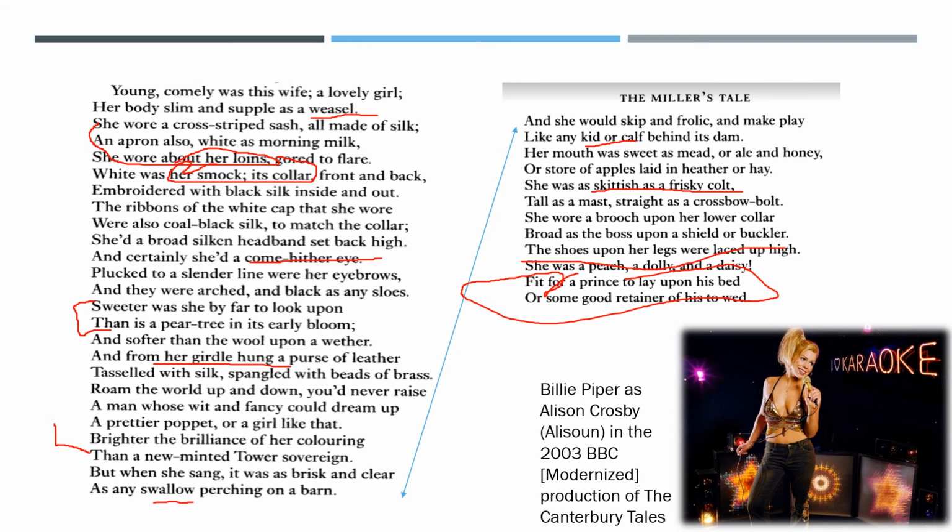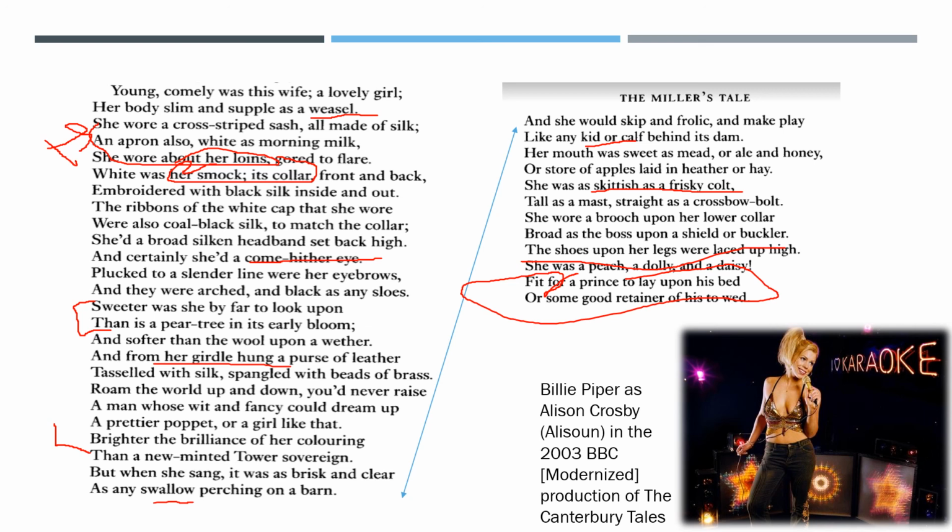Okay, so as I mentioned, the typical romantic blazon begins with the eyes and works its way down. But here it doesn't, that's not what happens, right? Chaucer points the camera specifically right at her loins and then moves up to the smock she's wearing and its collar, right? He is pointing the camera at all her feminine wiles. And basically what he's letting us know is from the beginning, this is not a romantic story. This is a story about sex.